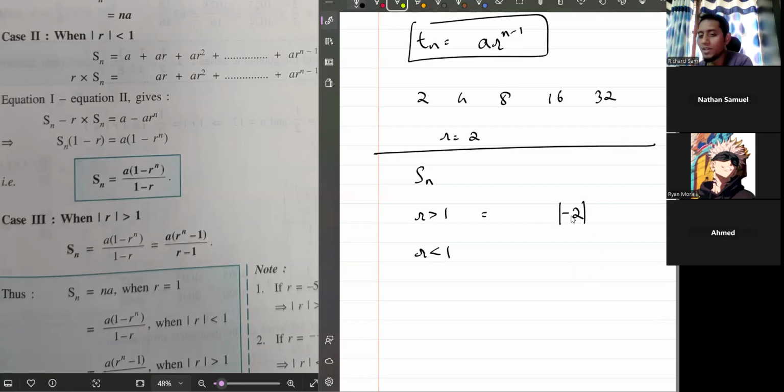Absolute value means you remove the sign. So if you remove the sign, what do you get? 2. Now, is 2 less than 1 or greater than 1? It's greater than 1. See, first time, if we did not look at the absolute value, we would think it is less than 1, right? But that's not what we're looking at. You're seeing the absolute value. So if the absolute value of r is greater than 1,